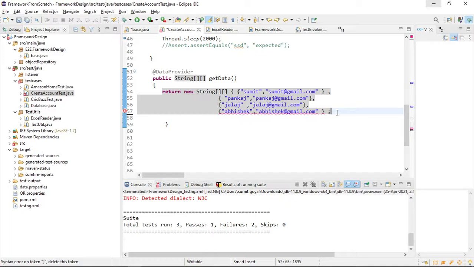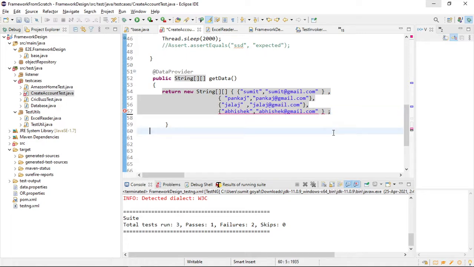So where is the error coming? Sumit and after that the email, after that Pankaj, Pankaj's email, Jalaj's email.